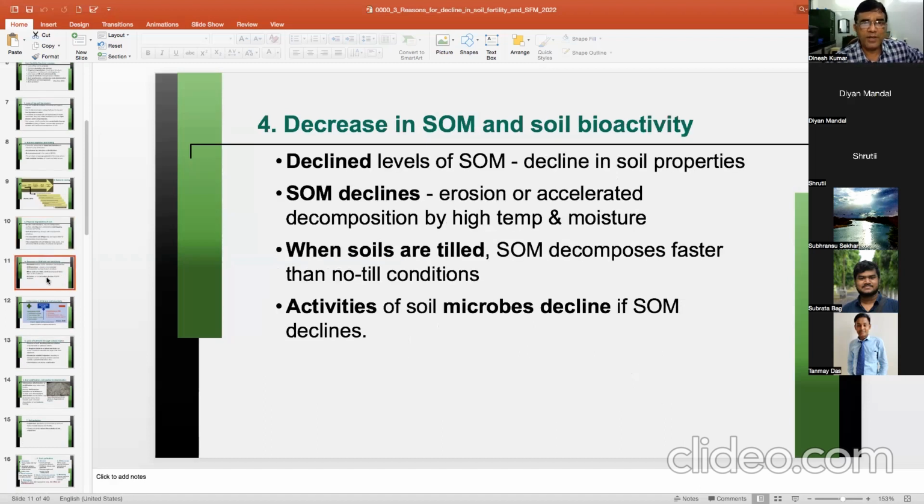You are seeing the data of India and state-wise also. And so is the case of soil bioactivity, biological activity. So declined level of soil organic matter, decline in soil properties. Surely, because organic matter is the key in soil fertility, and it will affect your physical, chemical, and biological properties